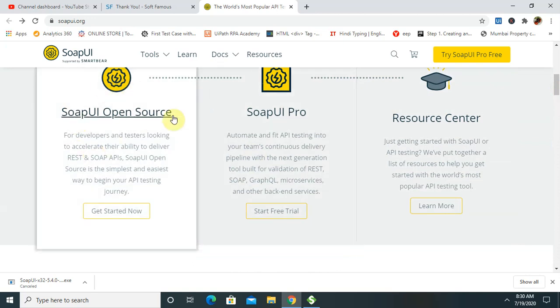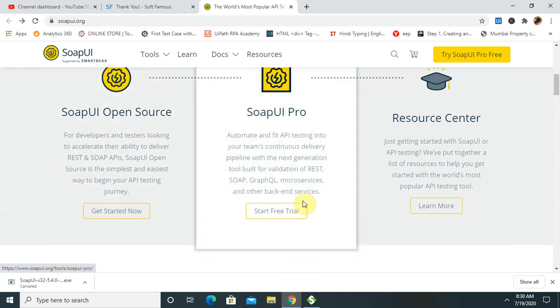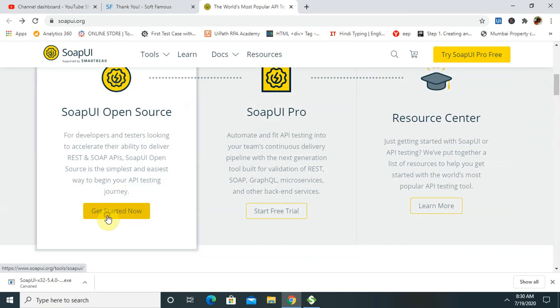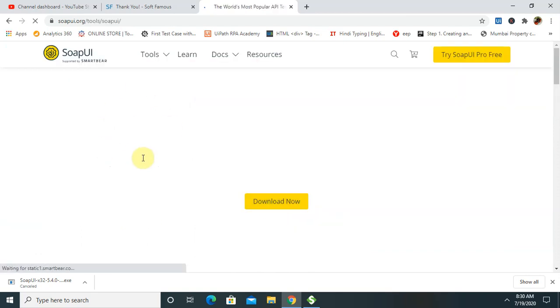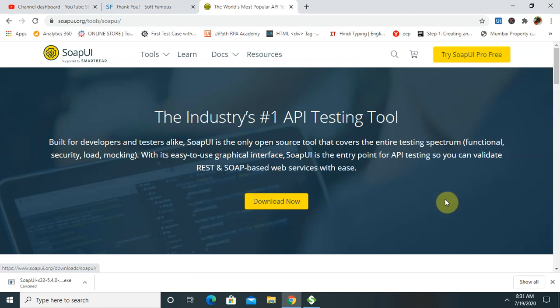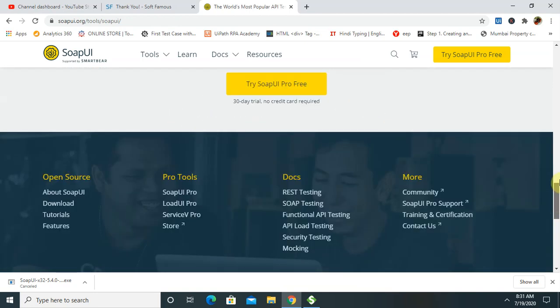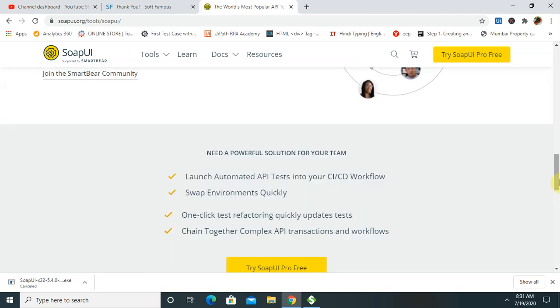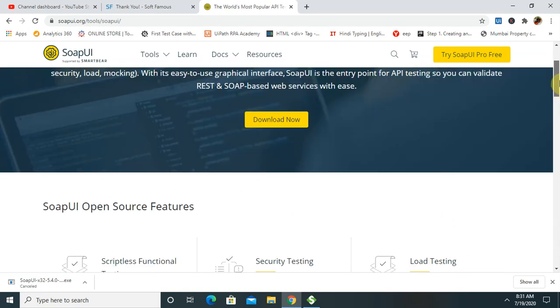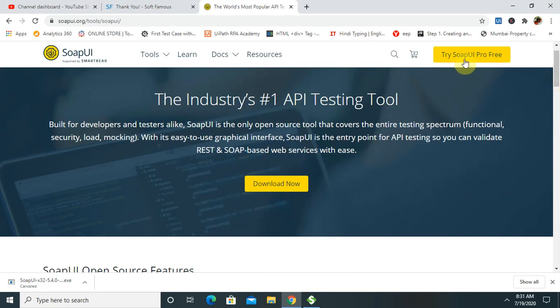SOAP UI Pro, so this is SOAP UI open source, where you get fewer services, and in SOAP UI Pro you will get the advanced services as well. Just click on Get Started Now on this option and you can download the SOAP UI tool for your use. But if you are looking for CI/CD integration and GraphQL or ML, you can definitely go ahead with the SOAP UI Pro free version, the upgraded version.